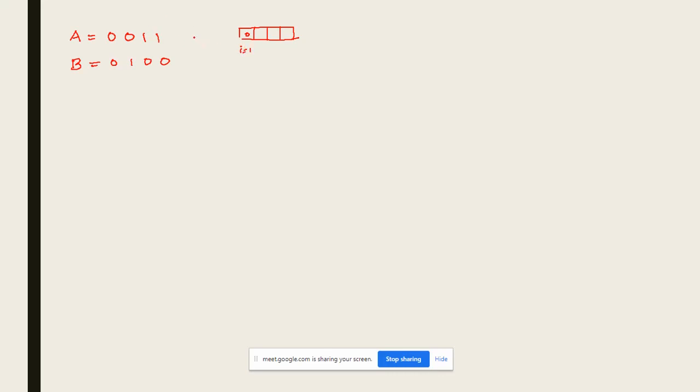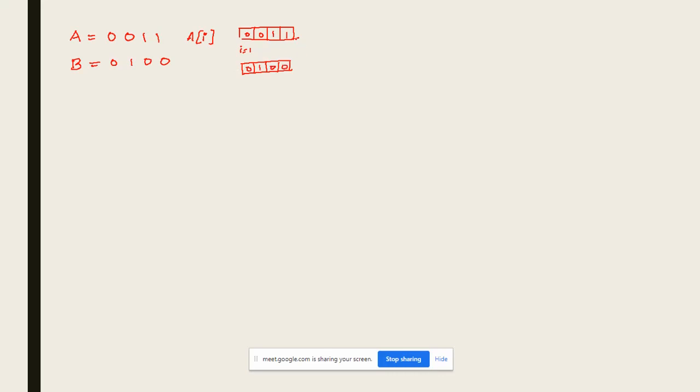We will define this array as A I or A N. This is I equal to 1 bit, I equal to 2 bit, 3 and 4. Similarly for B, you will have these bits arranged like this.